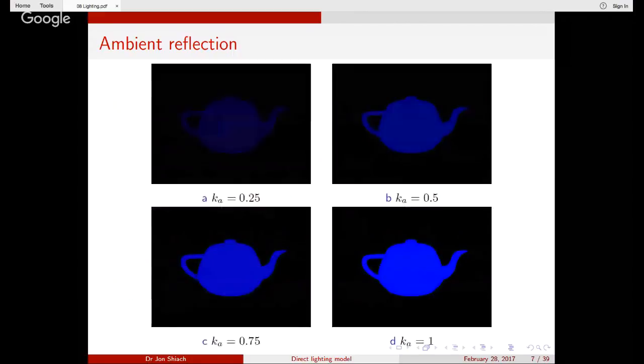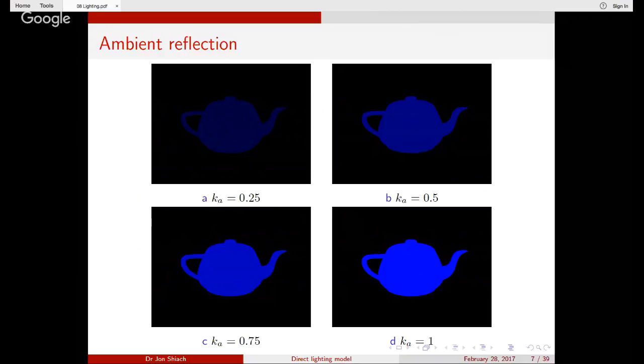Okay, so what I've done here is I've plotted our teapot, and I've chosen different values of Ka. That's the ambient light coefficient. When it's quite low, anything less than about a quarter, you probably wouldn't make out the teapot. You can barely make it out. Notice I haven't included any other type of reflection here. It's just purely ambient. As I increase the Ka coefficient, you can see it gets brighter and brighter